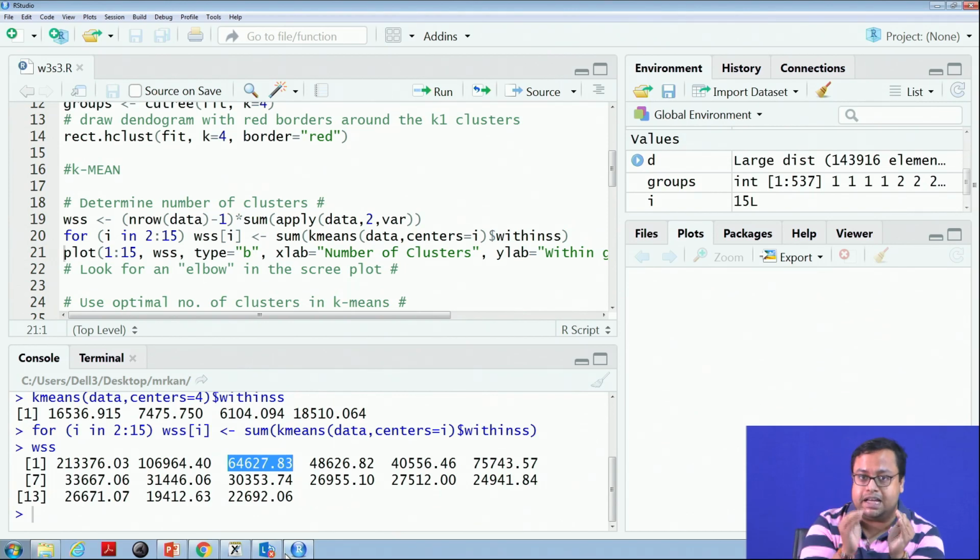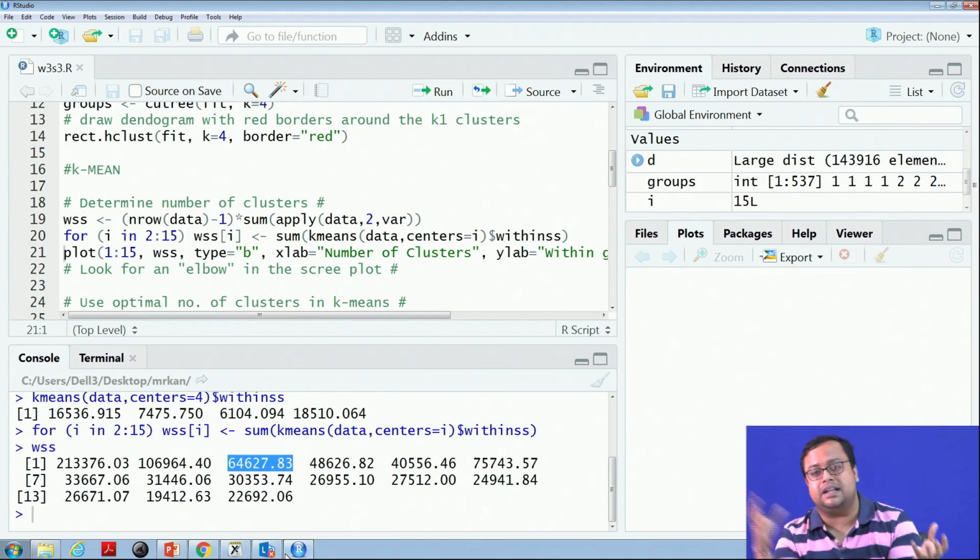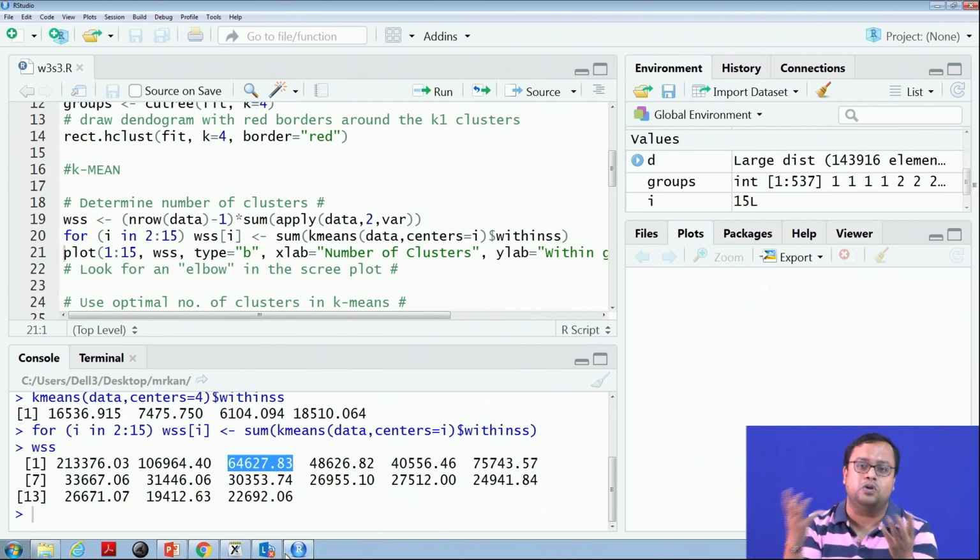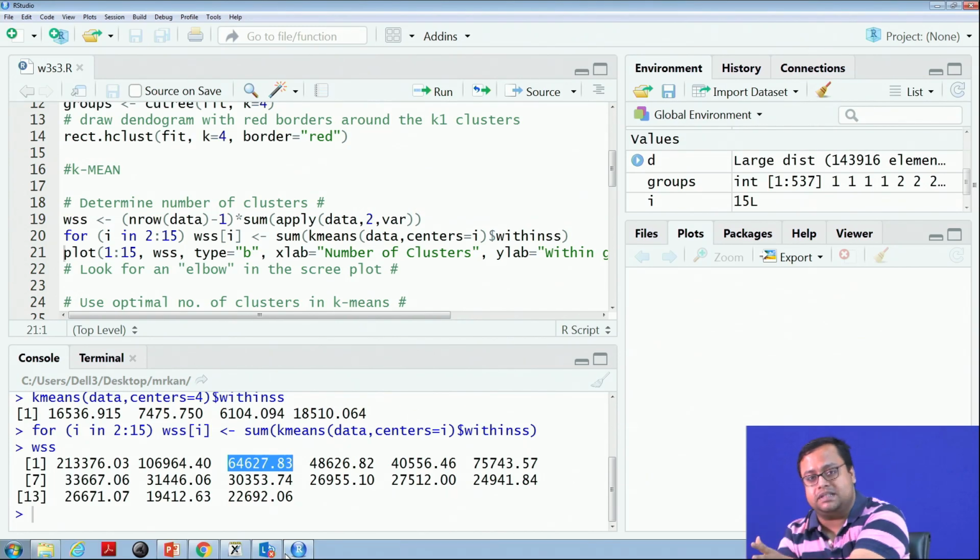When there is one segment, you put bananas and oranges and apples, everybody in one group. That is why the distance of individual items from the group mean is very high. Now, when you have 2 groups, the bananas come in one group and apples and oranges come in the second group. But because the bananas are in one group, the distance of individual bananas from the banana group mean is 0 or very low.